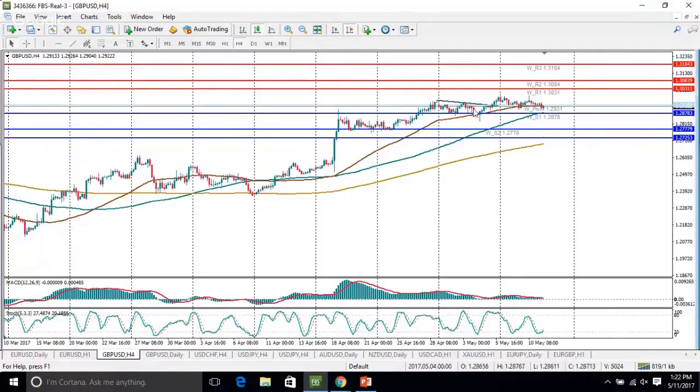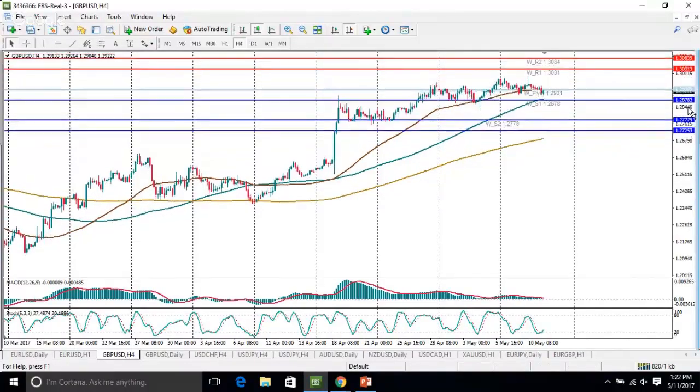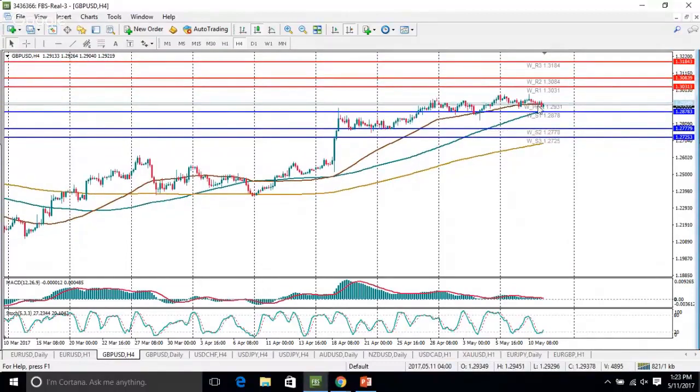And I remind you that the blue line here is the pivot line. So as long as the British pound is trading below this line, the weekly bias is to the downside. Above this line, the weekly bias is to the upside. Here we can see that the pair is consolidating around this pivot line located at